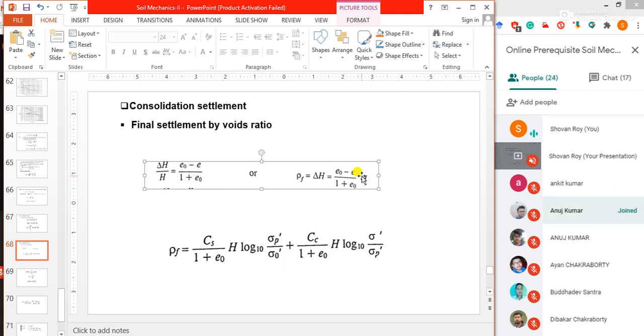Without clarity on these equations, you cannot solve any numerical problem. So next, after settlement, as per our proposed syllabus,